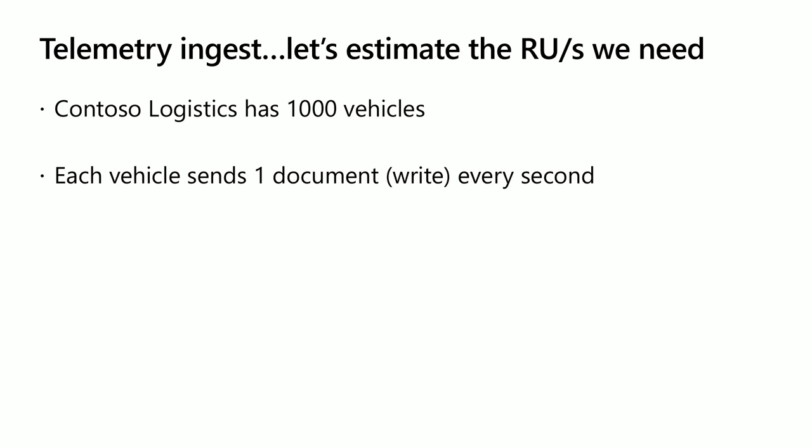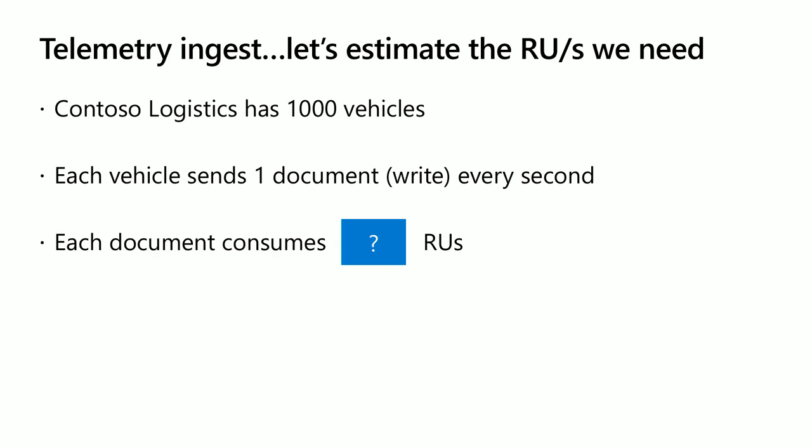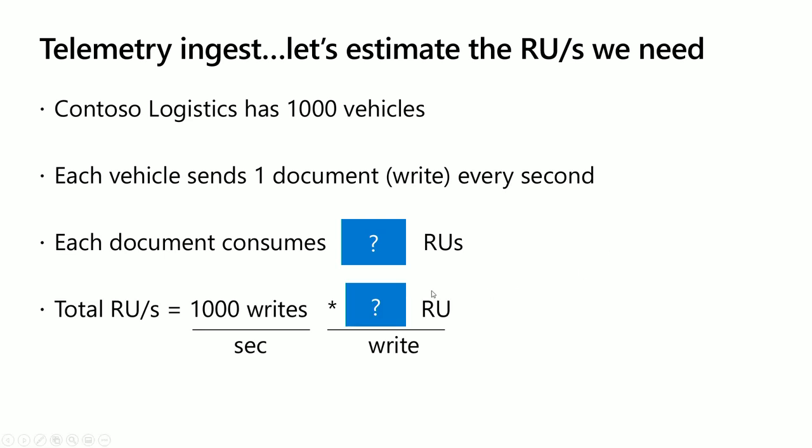Let's say we have 1,000 vehicles on the road, and each vehicle is going to send a new telemetry event, a new document write to the database, every second. Each document will consume some number of RUs. We don't know yet. We'll find out. But if we know that number in that blue magic box, we'll multiply it by 1,000 and then get the total number of RUs per second we need. And that's what we should provision in that box for request units. So now the question is,